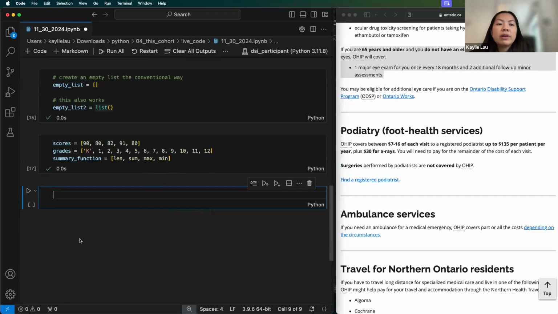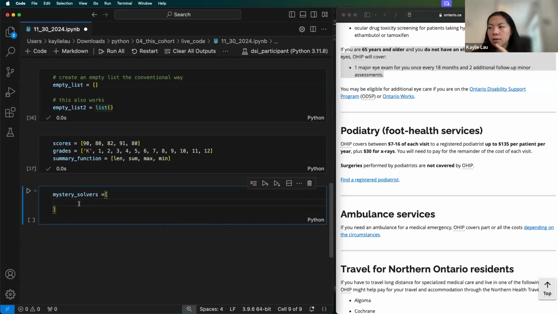We can even have lists within other lists. So as an example, we'll call our variable mystery solvers. And I'm just going to make it more readable. So I'm actually going to break this apart across multiple lines. I said before, if you have something in parentheses, you can spread it across multiple lines to make it more readable. Same thing with the square brackets. We can spread it across multiple lines and make it a little bit more readable. So Sherlock,